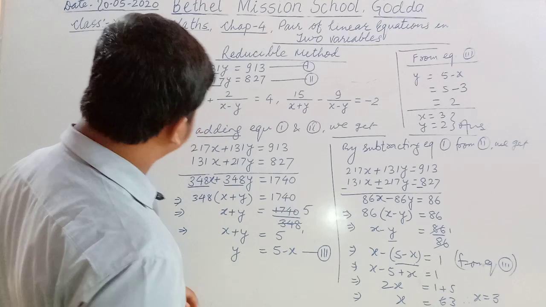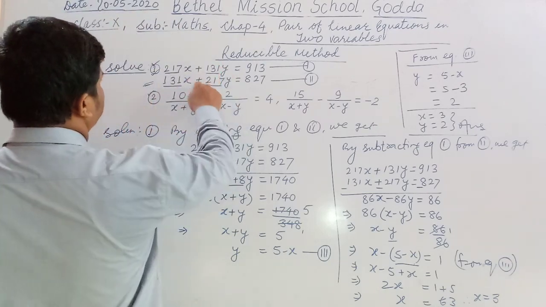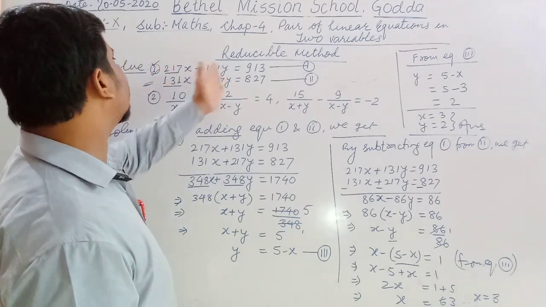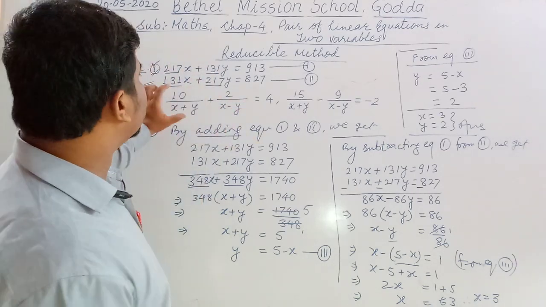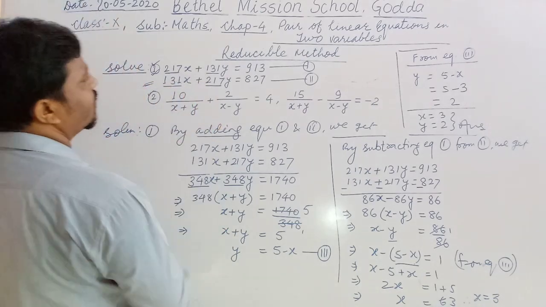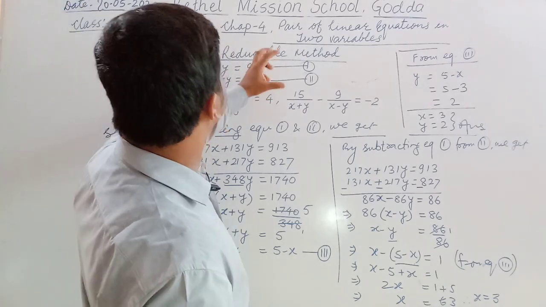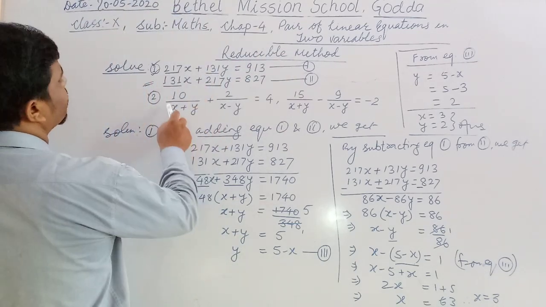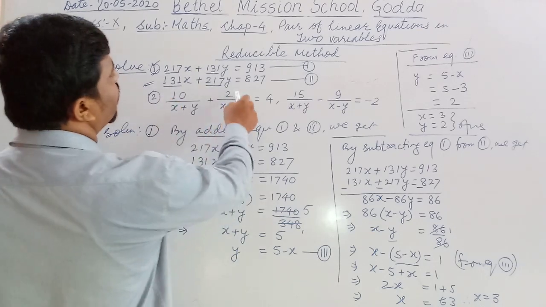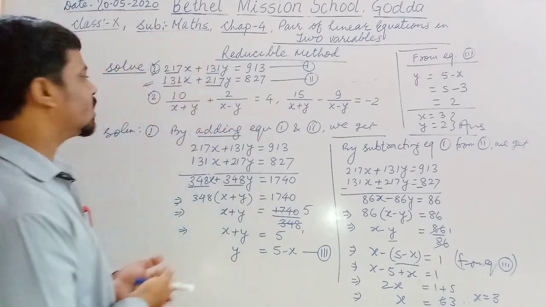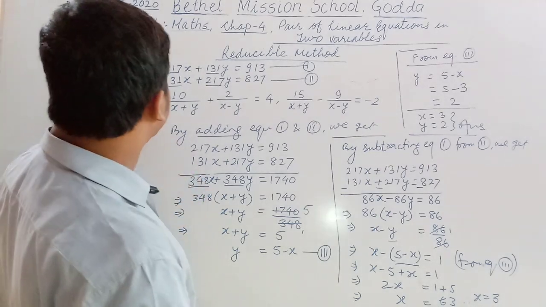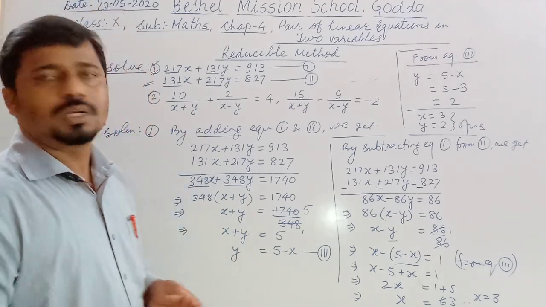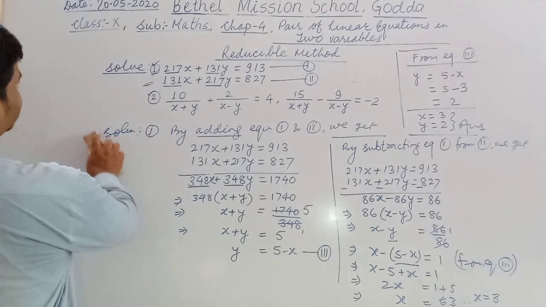So what is the difference between these two questions? Here you have seen the coefficients are interchanged, but here it is a little different, a little complicated. In this complication, you have to use the reducible method. For the reducible method, we will suppose 1 upon x plus y and 1 upon x minus y to be other variables, and by supposing, we will get the reducible form of that equation, and after that it will be easy to solve. So let's see what it will be.